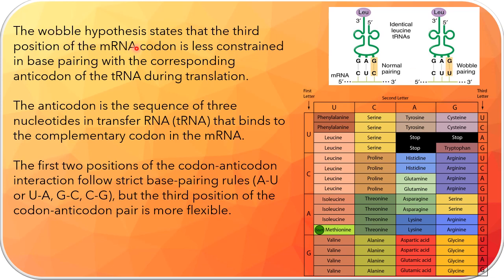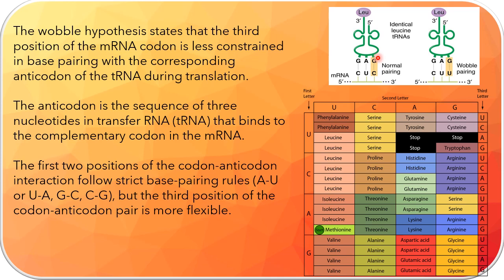Now the Wobble hypothesis states that the third position of the mRNA codon is less constrained in base pairing. That means it is less natural in base pairing with the corresponding anticodon of the tRNA during translation. Okay, the anticodon is the sequence of 3 nucleotides in the transfer RNA, that is tRNA, right? Transfer RNA is this, and it has a codon, but we term it an anticodon because it is complementary